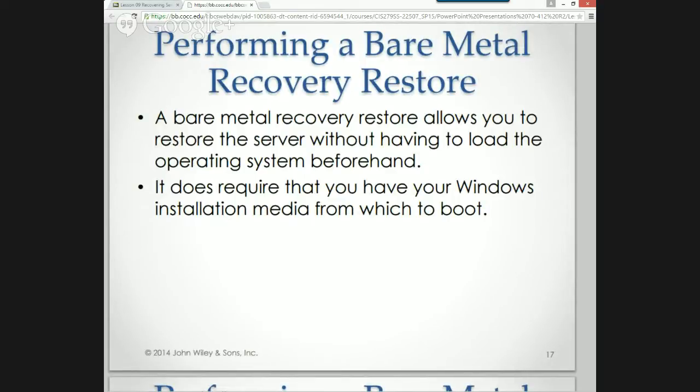So bare metal recovery, this is where we've either lost the whole server or we've gotten a new server. I have only used the tool once from Acronis, but in my Acronis tools, I have